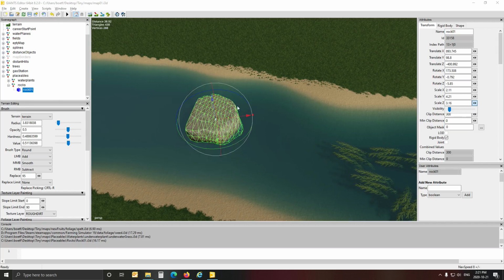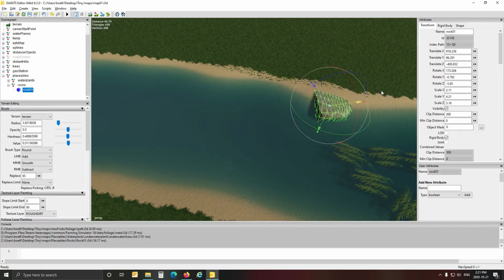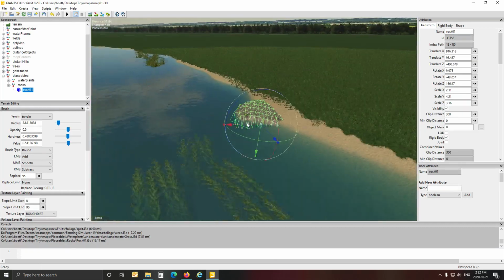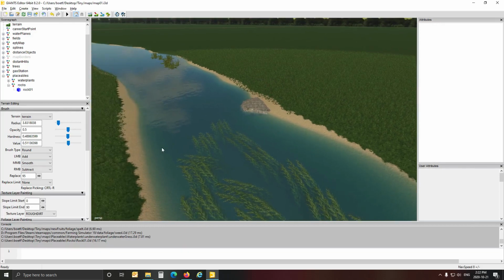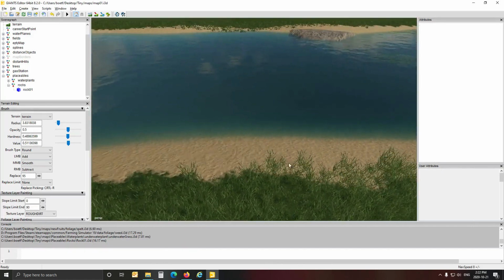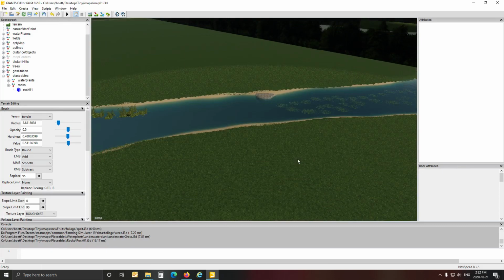I think something like that will be nice. Great. And then you can place the rock anywhere you want, move it about, and that's it. It just gives the map a bit of feel to it. All right. So yes, I'm not going to bore you with placing 2,000 rocks on the map, because that will